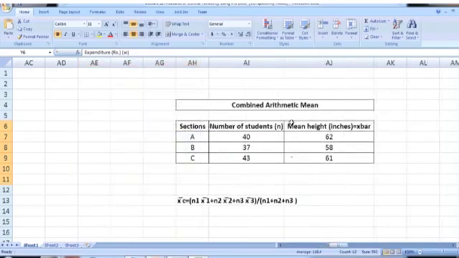Next we discuss how we can calculate the combined arithmetic mean in Microsoft Excel. Here we have data of different sections A, B and C, and we have the number of students in each section and their mean height in inches.